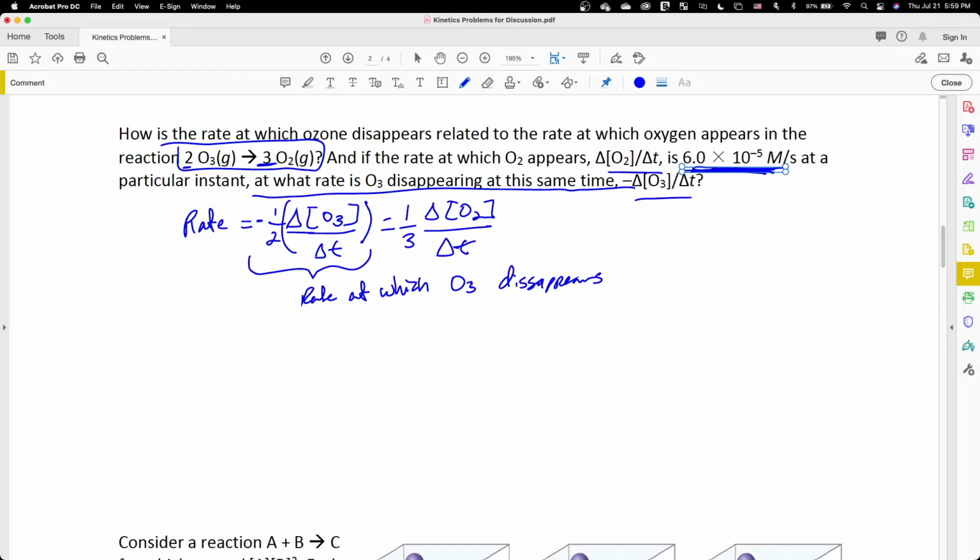So you could put this right here into this term, because this is the change in O2 over time. And the problem tells you that the change in O2 over time is 6.0 times 10 to the negative 5 molar per second. So what your equation becomes then is negative 1/2 change in O3, which is still the loss in O3, the disappearance of O3, equals